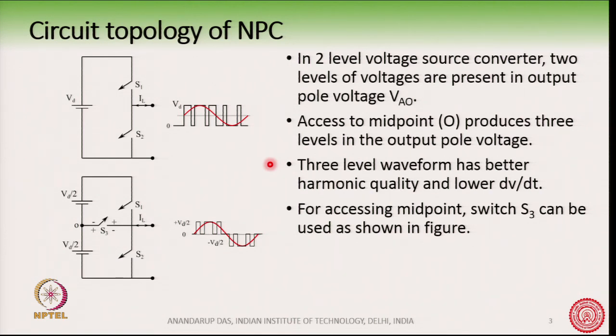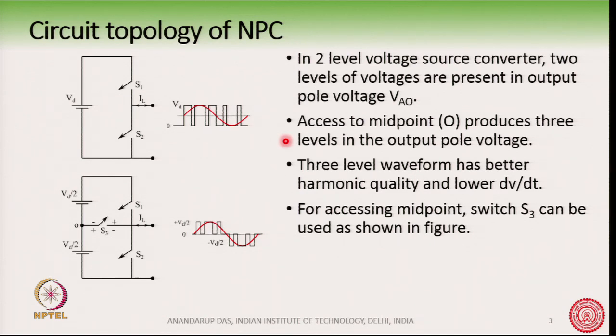However, because we have only these 2 switches S1 and S2 in our hand, we are only able to produce this voltage waveform which spans between 0 and Vd. So, there is always an instantaneous error between what we desire to produce, that is the sine wave, and what we are actually producing, which is this series of pulses spanning between 0 and Vd. The instantaneous error is the source of harmonics in the waveform.